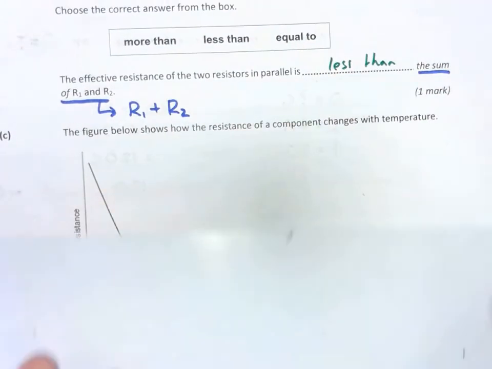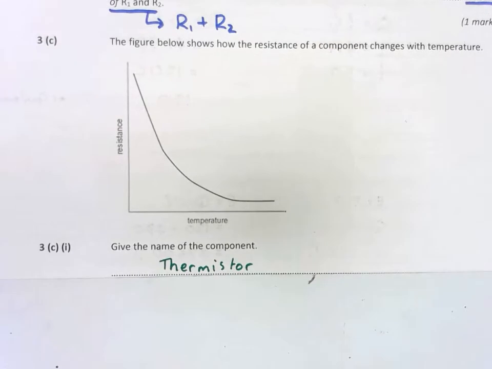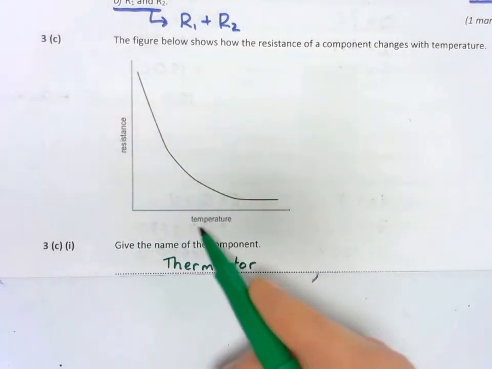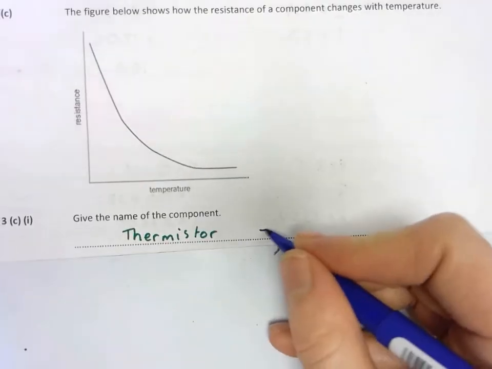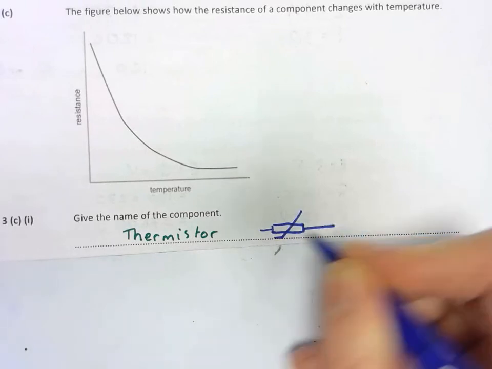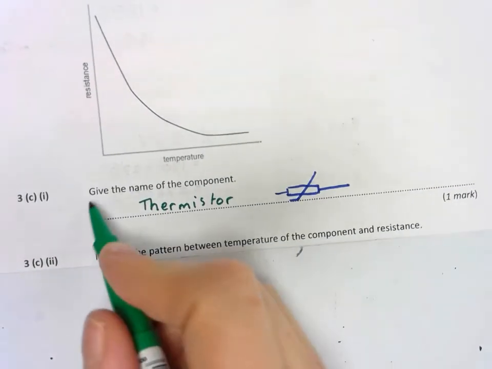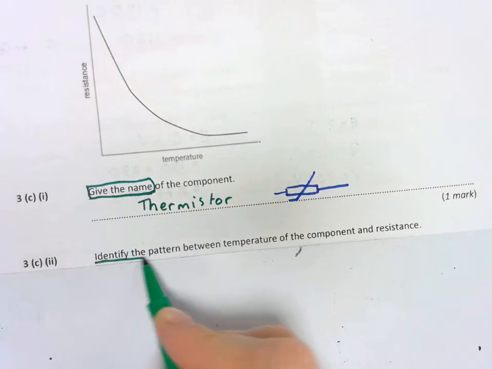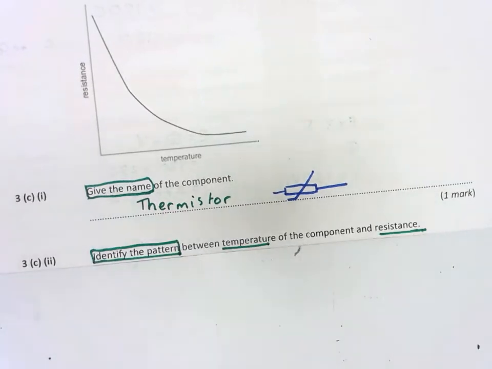We've now got a graph of resistance against temperature. This is for a thermistor. If the resistance is changing because of a temperature, that must be a thermistor, and you can remember that is your hockey stick through your resistor shape. And that was giving the name. To identify the pattern between temperature and resistance,